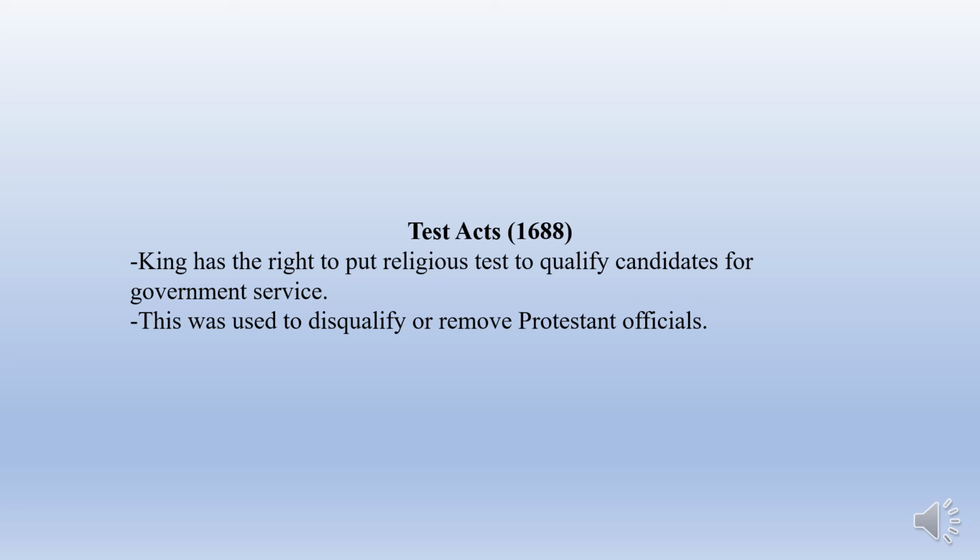Again, when you ask why the American Revolution was set up in a way where we have a separation of church and state, this is, we talked about the first one with the different Elizabethan laws that made it a requirement for you to go to church. Now we have a requirement where you have to be a certain religion in order to work in the government. Obviously, we don't have that here in the United States, and it's because the Test Act was seen as a reason to not incorporate church and state together. And so the Test Act of 1688 is not only offensive to the English, but here in the 1780s, when we're writing our own Constitution, we think of this. We keep this in mind.